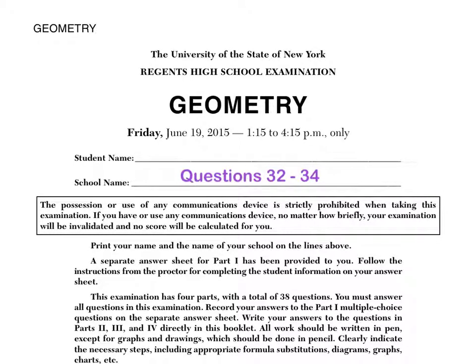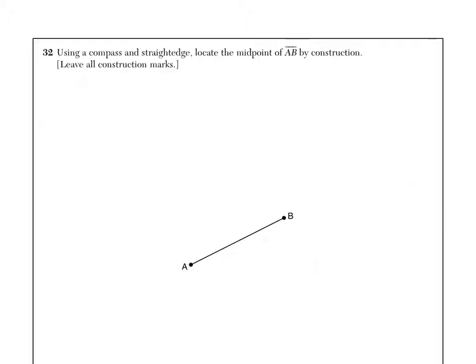This video will cover the Geometry Regents exam from June 2015, questions 32 through 34. Number 32 says, using a compass and a straight edge, locate the midpoint of AB by construction. Now we know that a midpoint comes out of a bisector, so that means that we can construct the perpendicular